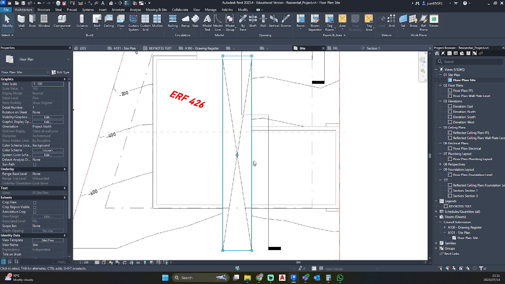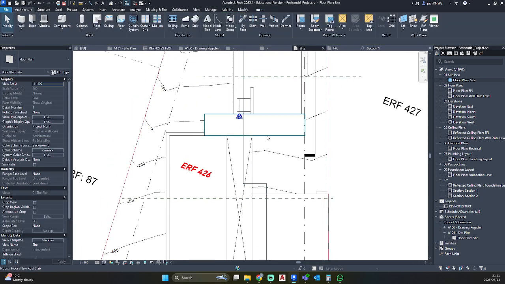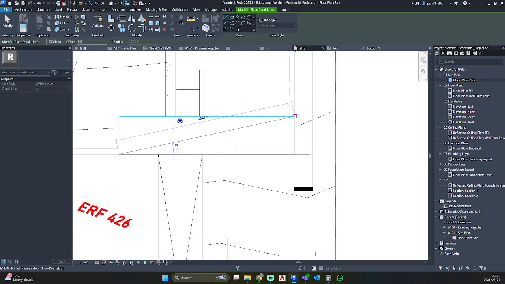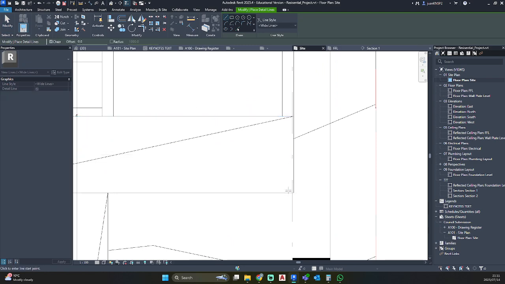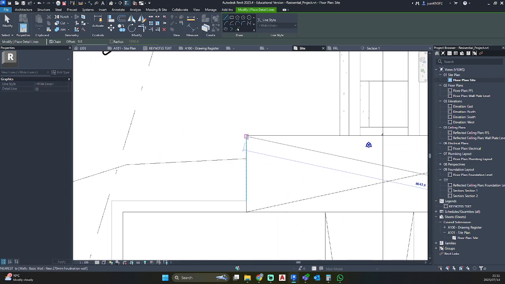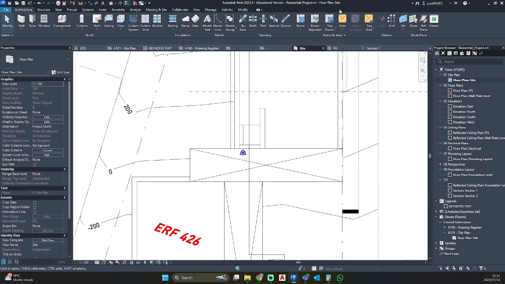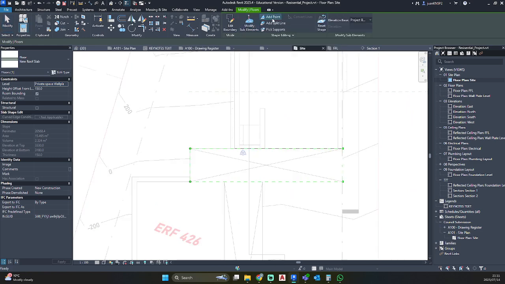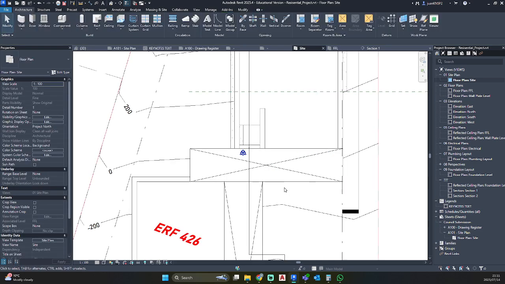I'm just going to click there, and then doing the same for the other roof. Select the concrete roof, modify sub elements, add point, and add it to the middle, and just hit escape.